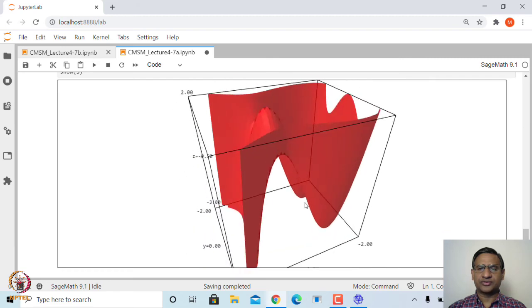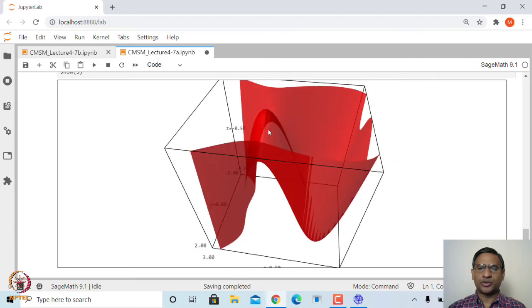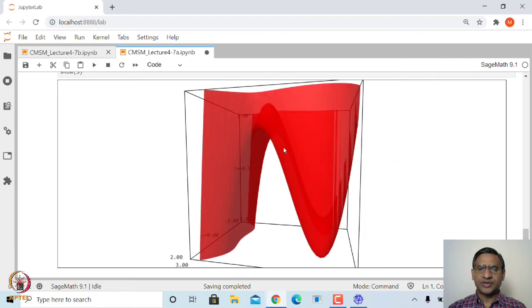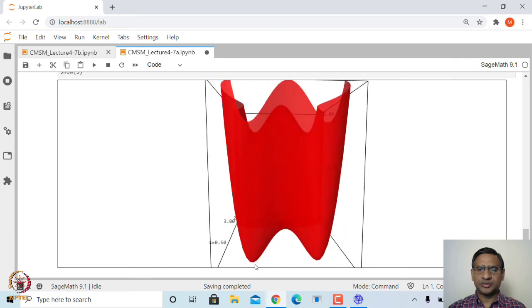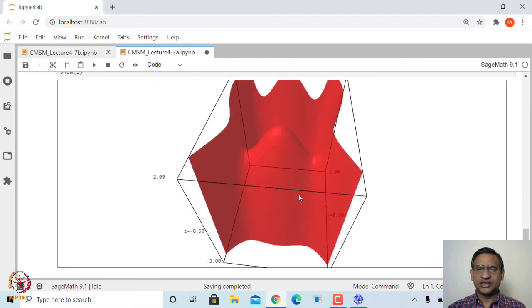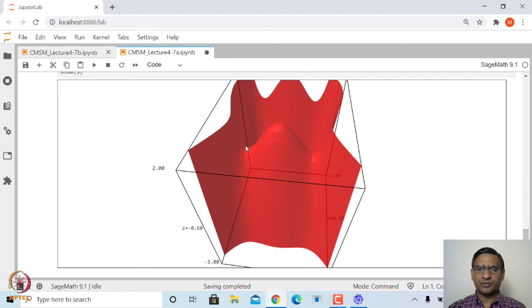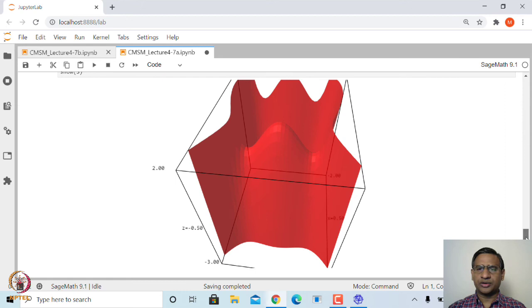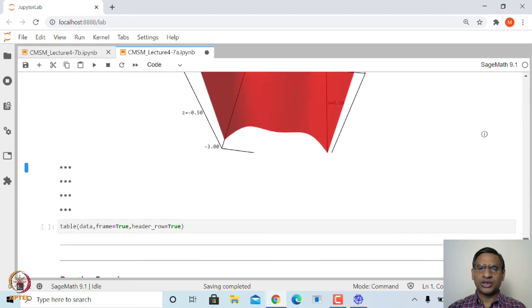In this case you can see there is one point of local maximum, there are 2 points below, this is a point of local minimum, and this is going to be a saddle point. This is one saddle point here, there are other saddle points inside this. This is another saddle point, this is another saddle point. So, it has 3 saddle points, 1 point of local maximum and 2 local minimum.